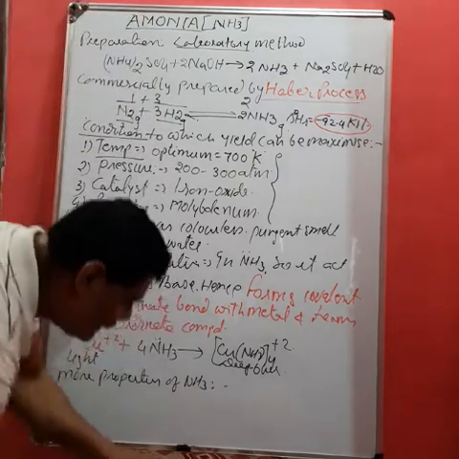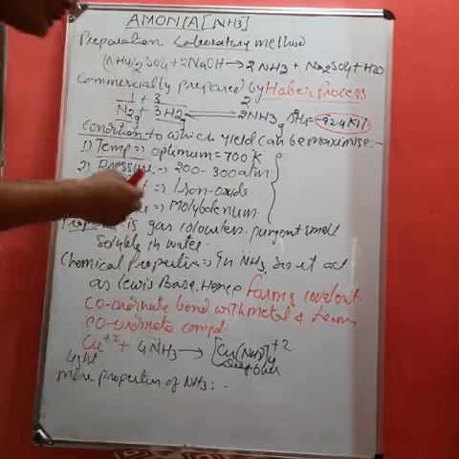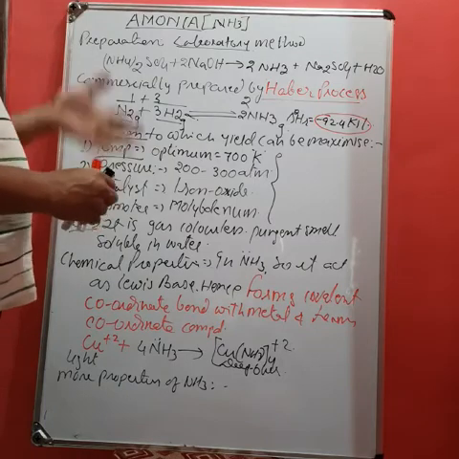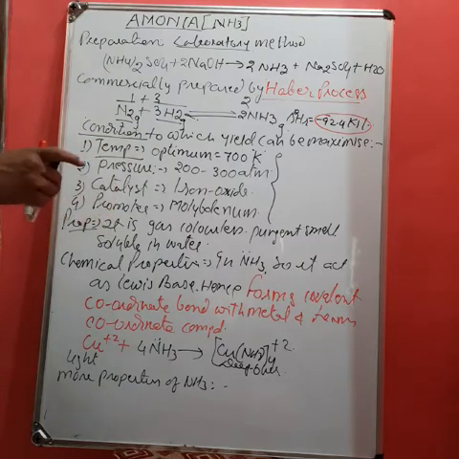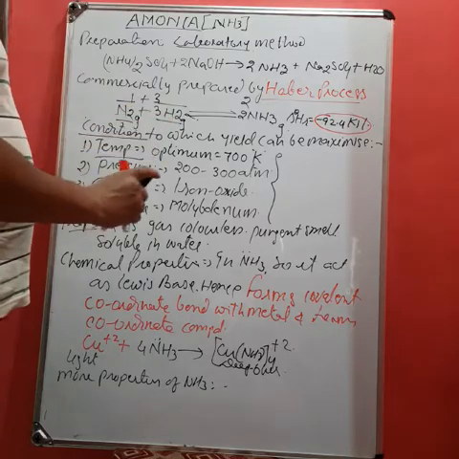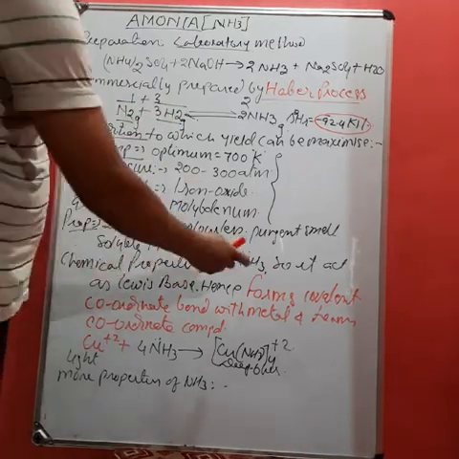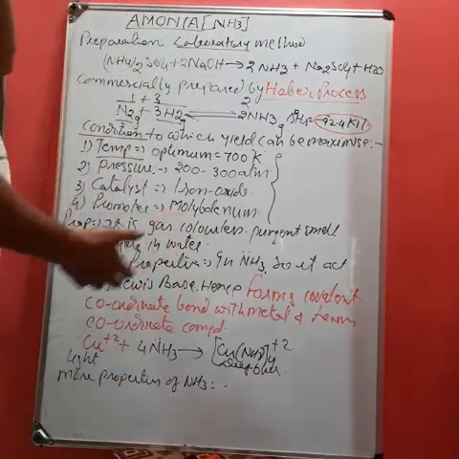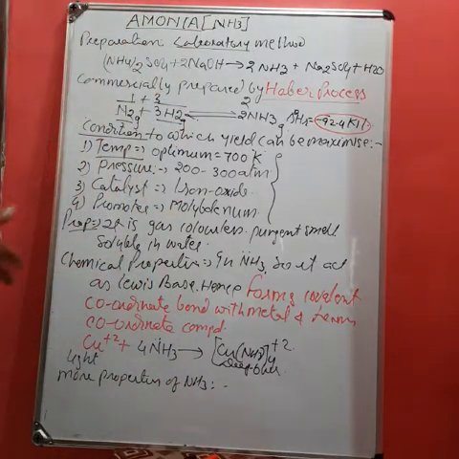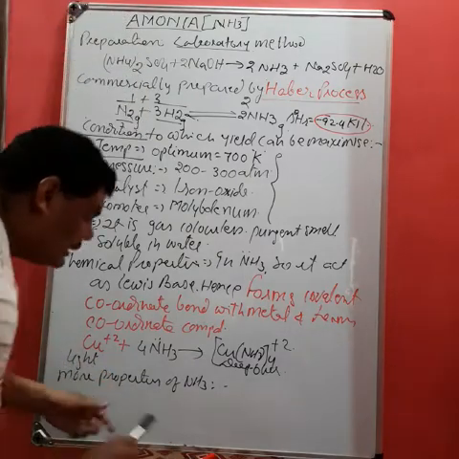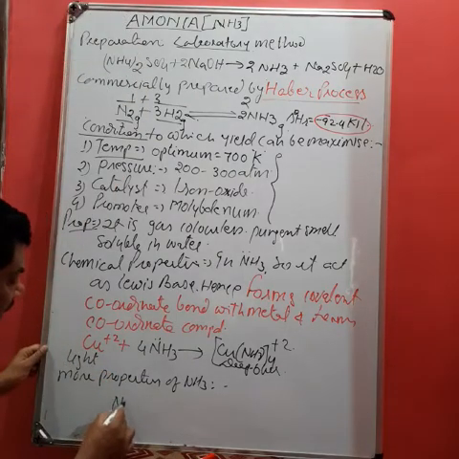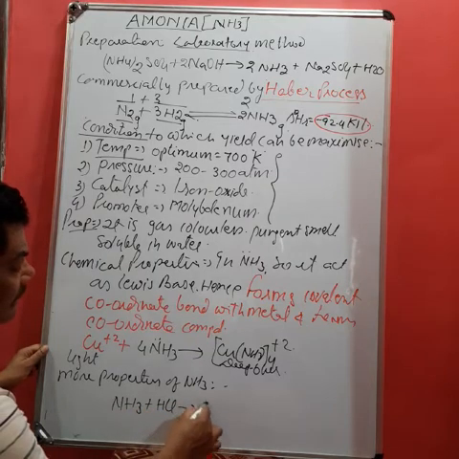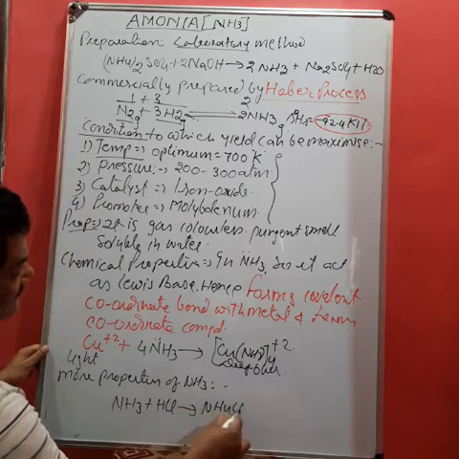Like during the practical, we have seen when the nitrogen containing compound, or the ammonia containing compound, is heated, it releases NH3, and when it is introduced to HCl, it forms dense white fumes. This is due to the formation of NH4Cl. Here you can see the reaction: NH3 plus HCl reacts to give NH4Cl. Okay.